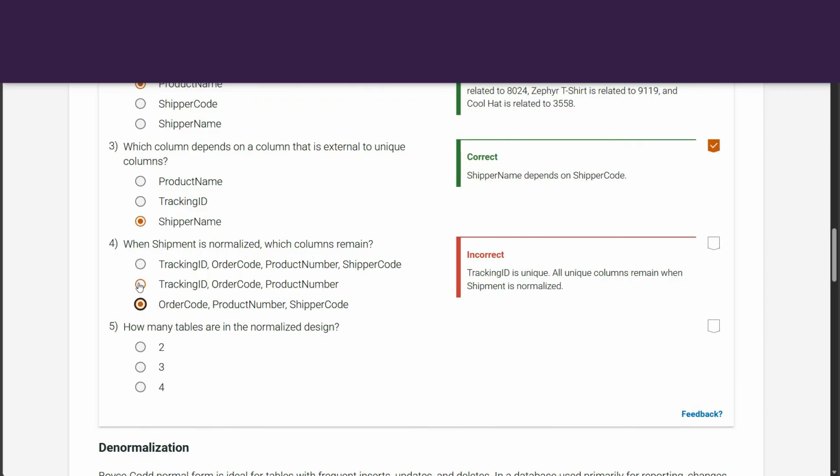But which will be normalized or which will remain, I will go for A, because tracking ID, order code, product number, and shipper code are non-unique columns and are removed from shipment. All other columns remain. Now, it will not be B because shipper code is dependent on both unique columns and remains when shipment is normalized. Okay, so we go with